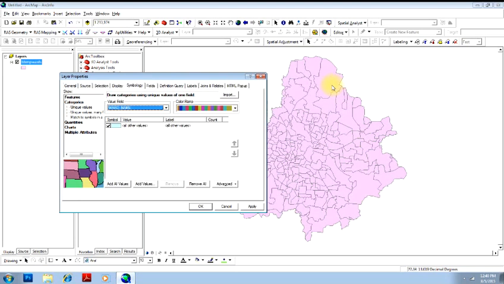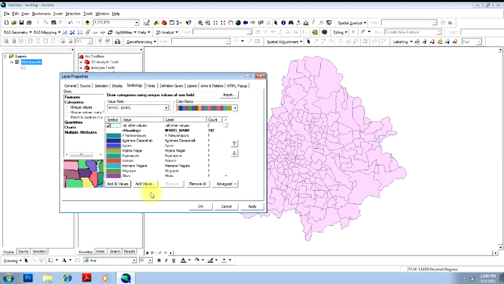There are close to around 200 wards, so it will take close to 200 colors for individual wards. So once you have clicked on ward name, click on add all values. It will add all the values pertaining to these wards. So now you can see that each individual ward is assigned a different color. Now I click OK.